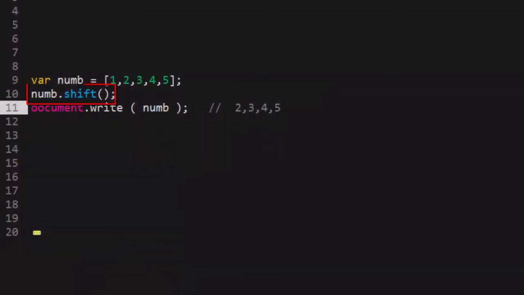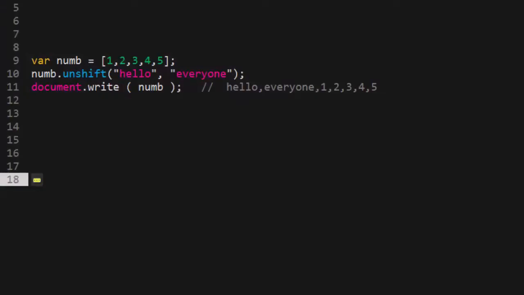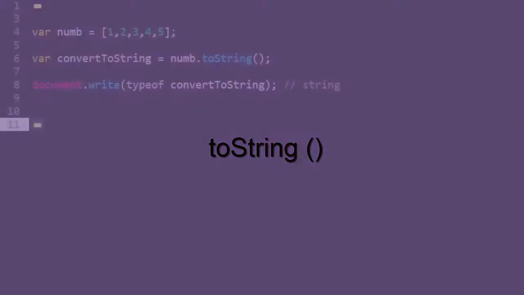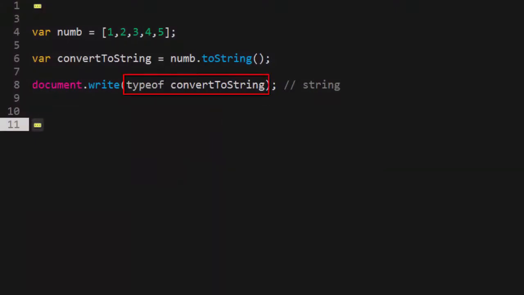Shift removes the first item in an array. So here's an example. The unshift method adds an item to the beginning of an array. So here's an example of that. The toString method turns an array into a string. So for example,